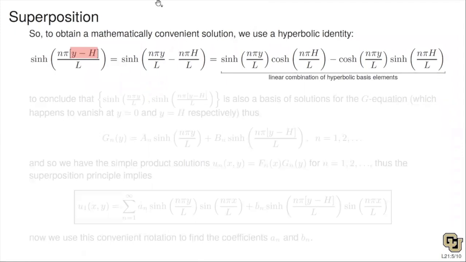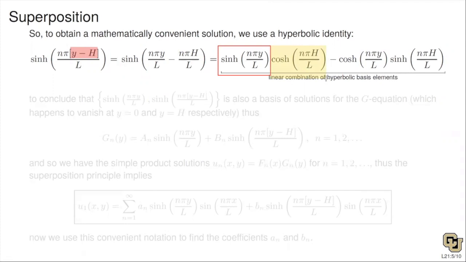Here it's going to be sinh of n pi y over L. So this is a basis element times cosh of n pi h over L. This is a constant,